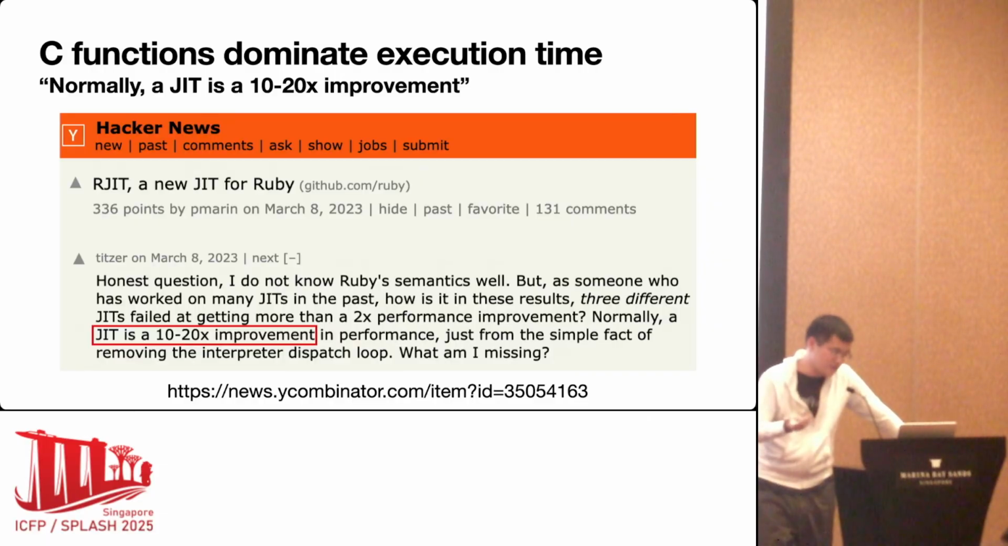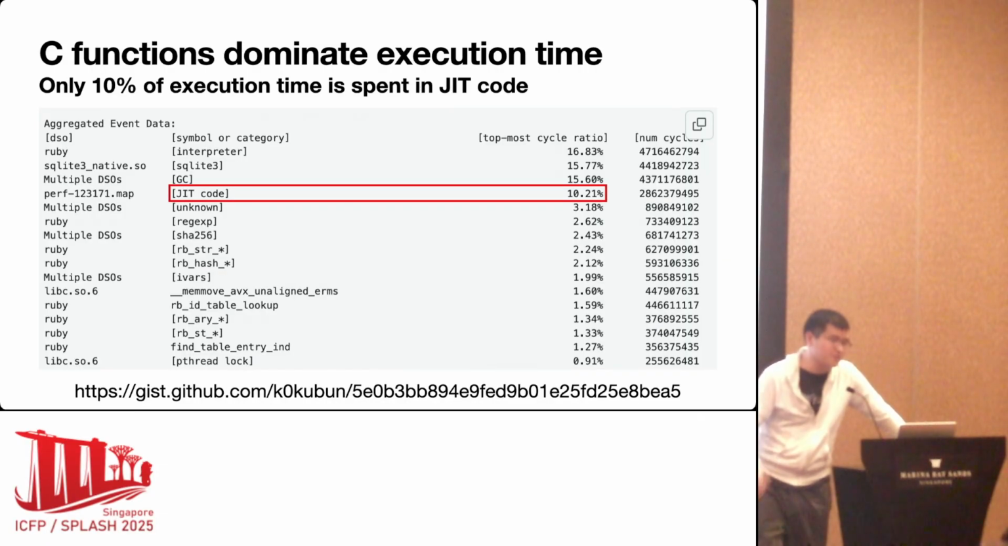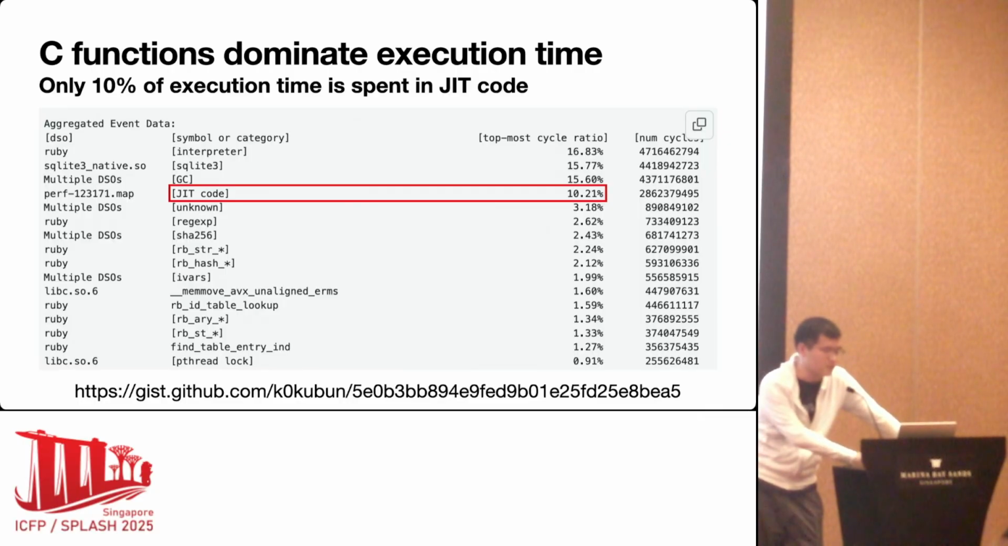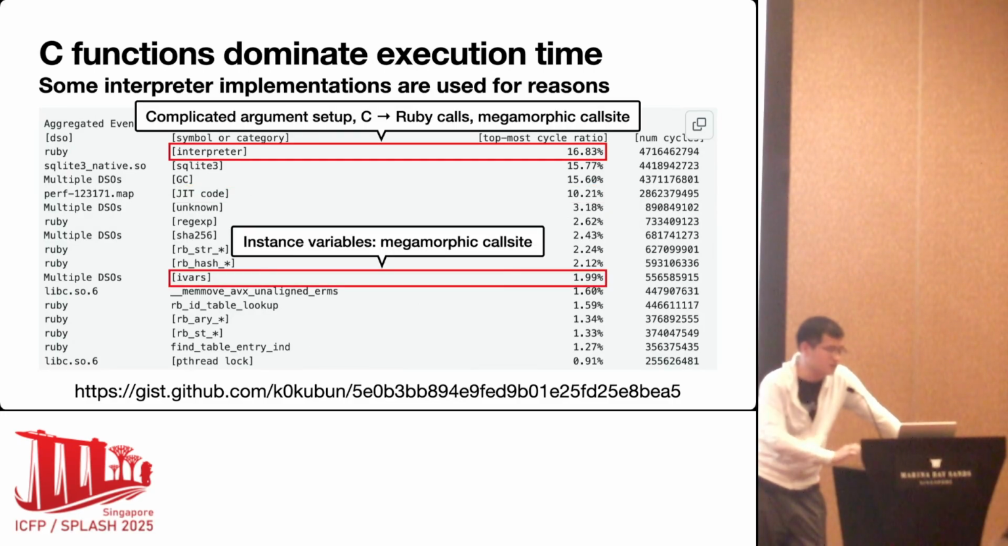The reason, obviously, is that in CRuby, even with YJIT, only 10% of the execution time is spent in the JIT code. We have a benchmark called Lobsters, which is a Hacker News-like website written in Ruby on Rails, and in that benchmark, only 10% of the cycles are spent on the JIT code. So even if you make the JIT code faster, that will not make overall performance 10 or 20 times faster. The reason we spend so few cycles on the JIT code is because we have a